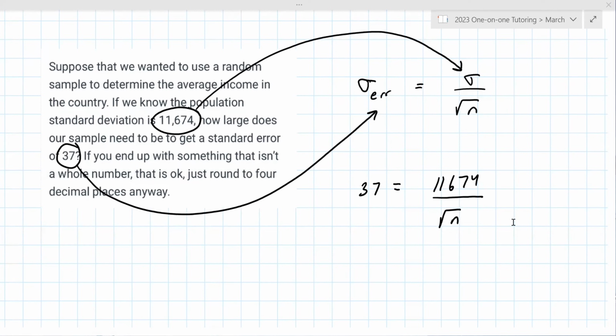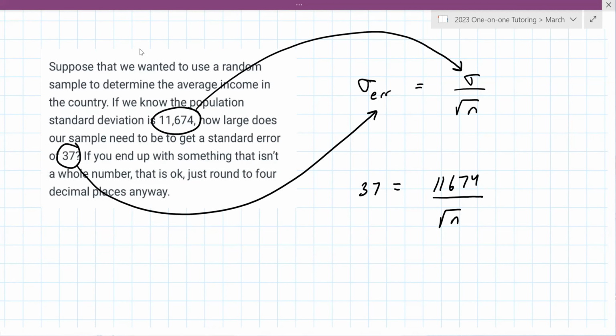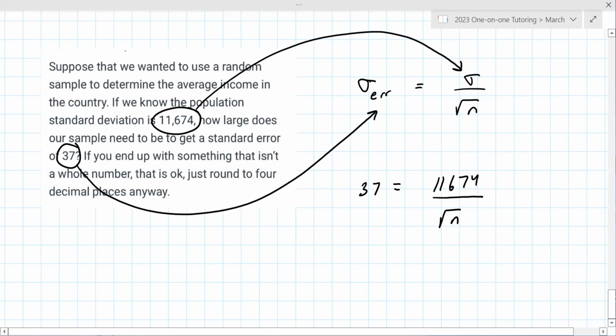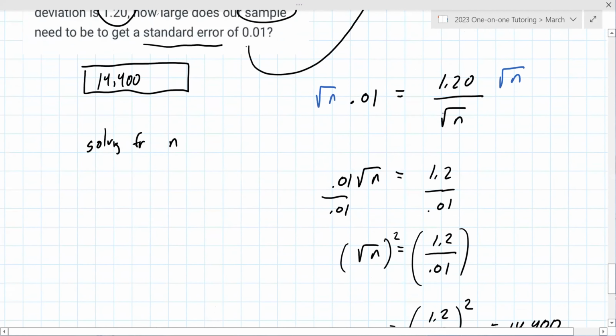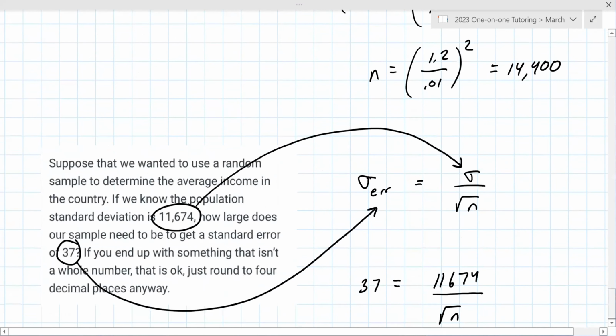Do you want to try solving this one on your own here? It's just like the last problem, same steps, just different numbers. So you just do 11,674 divided by 37. Right? Just like the last problem, you want to get the square root of n out of the denominator, like we did up here. So you're going to multiply both sides by